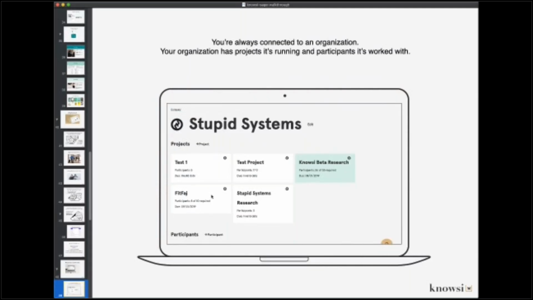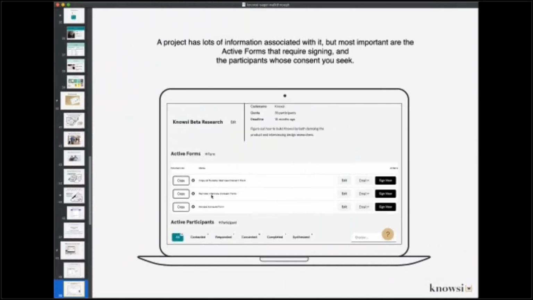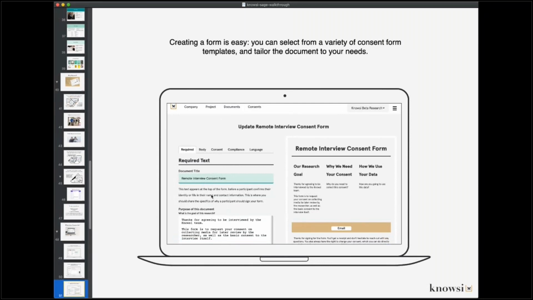So, once you create an account, you always have this organization that you're oriented around. You could add additional people to the organization. And then you'll have these different projects, and the projects are around which you organize a particular research program or project. So these will have consent forms and they will have participants. There's easy ways to create and generate different forms. One of the big things that'll be coming up soon is a full form template manager.